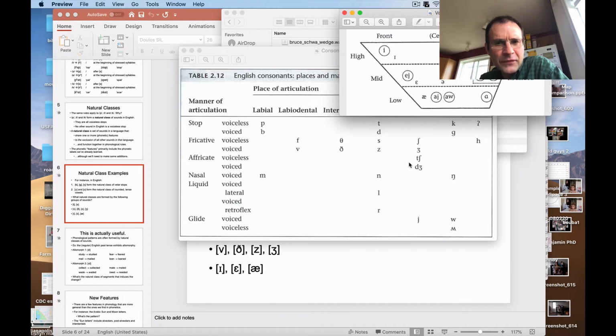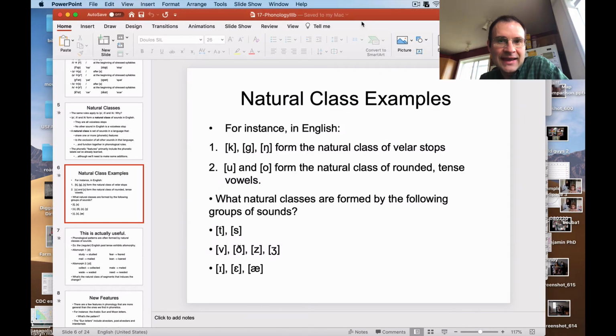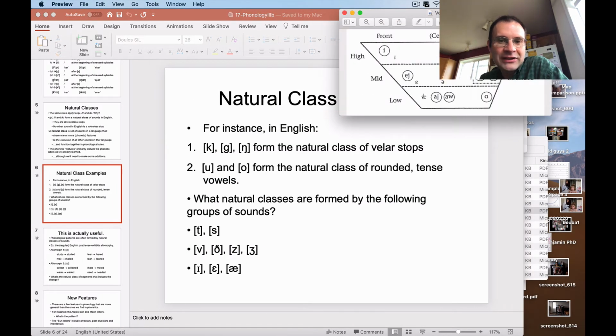So there's kind of 2 ways you can wind up describing these. The simpler version is to say I, E, and A are the front lax vowels in English. They also happen to all be unrounded. So in this particular case, if you want to say they're low front, front, lax, and unrounded, that's fine. If you're still being accurate by saying that they are the front lax vowels in English, then I'm not going to count anything off in your homework if you do that. That still defines the same natural class. It's correct either way you say it, just because that's the way English happens to work. Other languages it might be different.